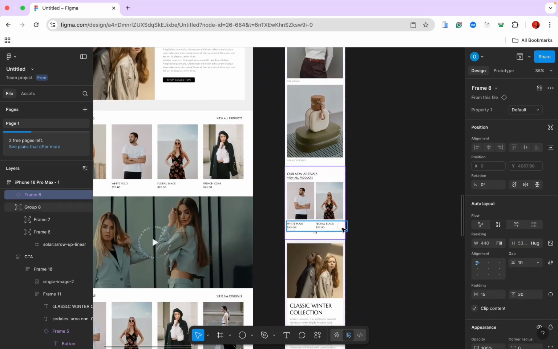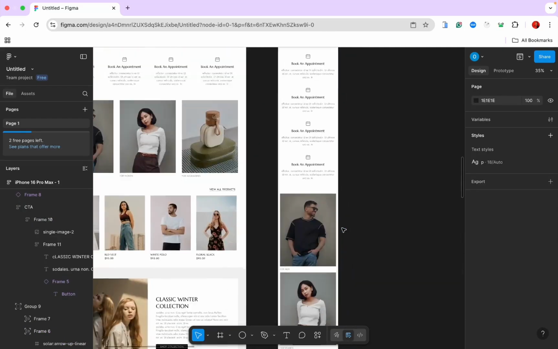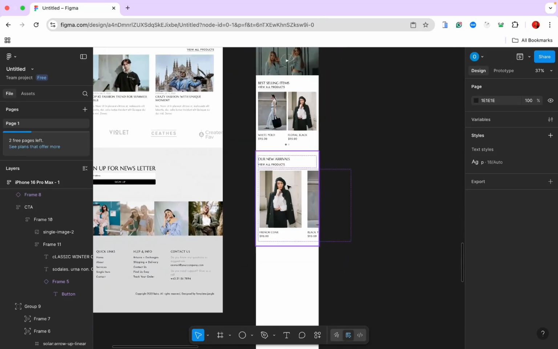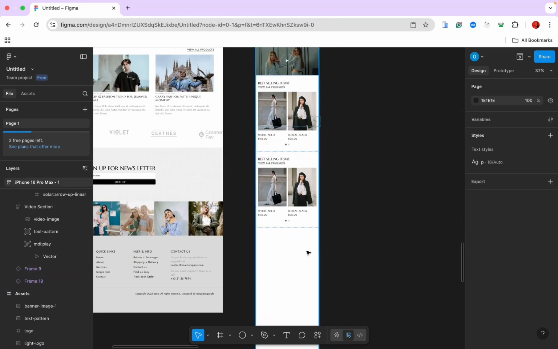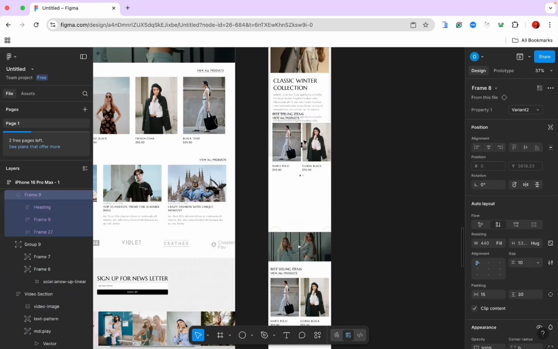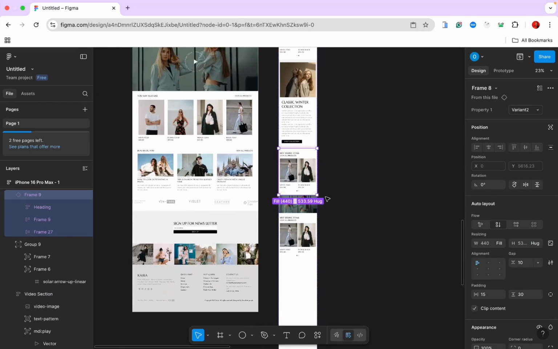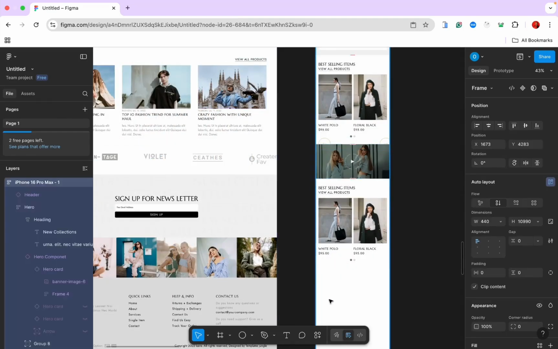I'll delete this, we no longer have any need for it. We duplicate this one more time and delete this. We're going to have this above here and below here. Here I want to copy this block section, paste it over here,